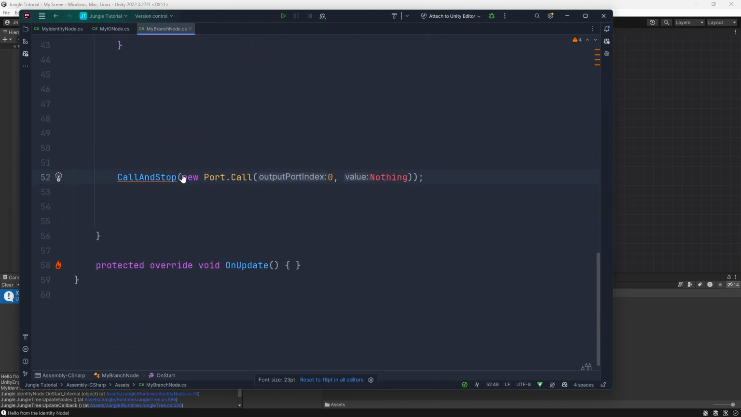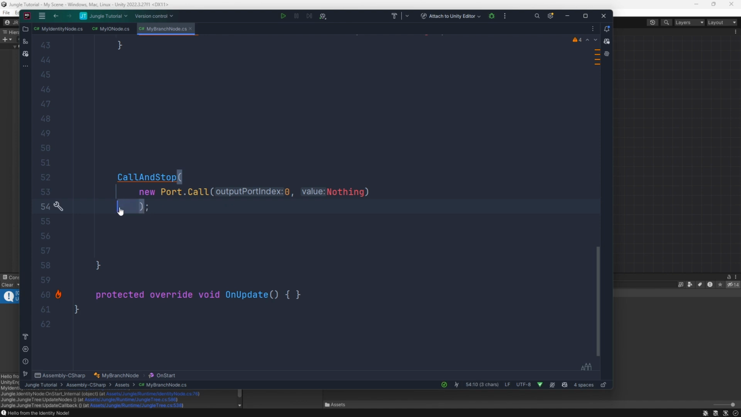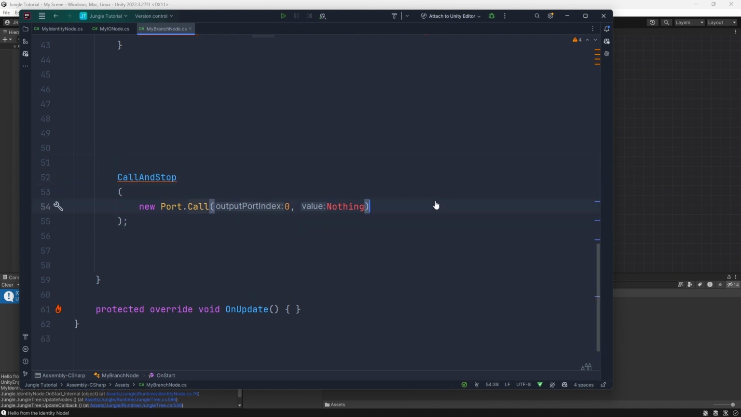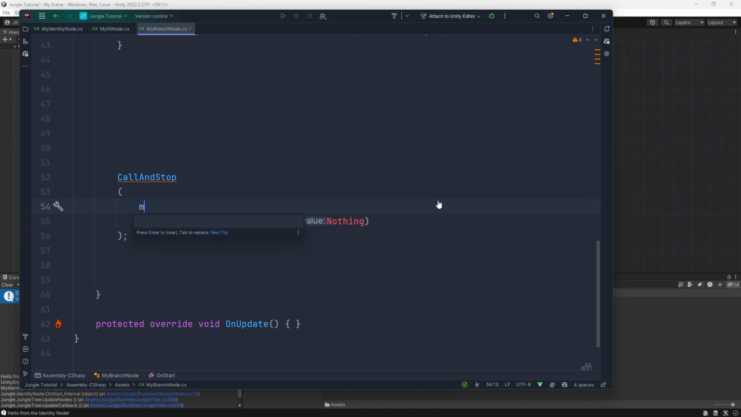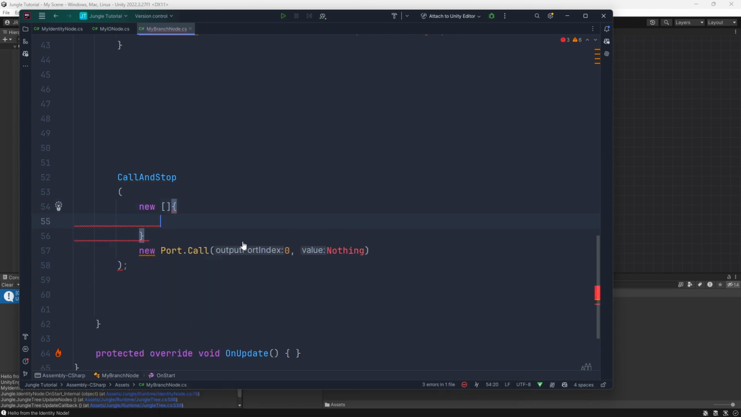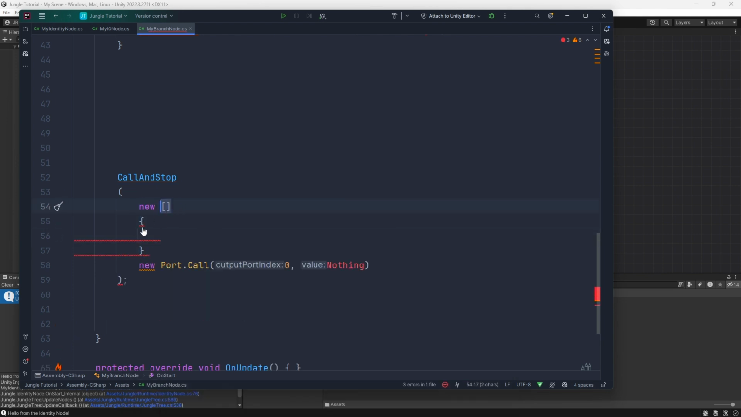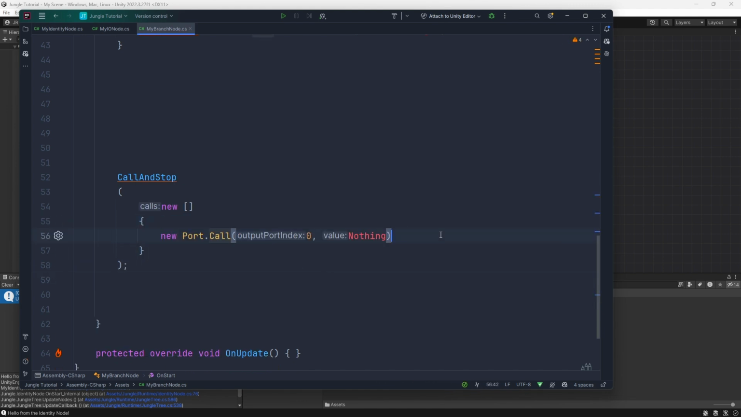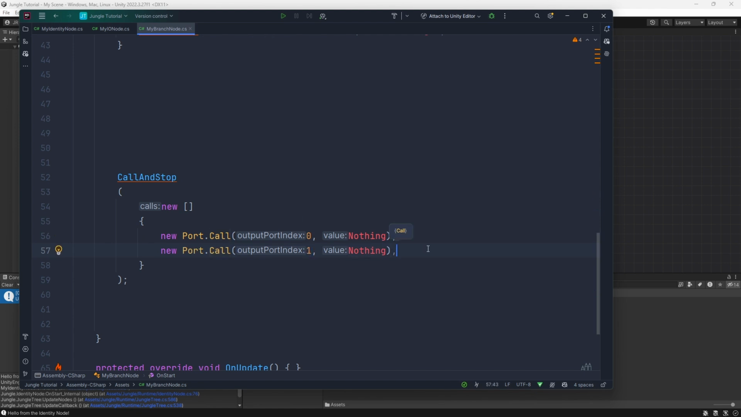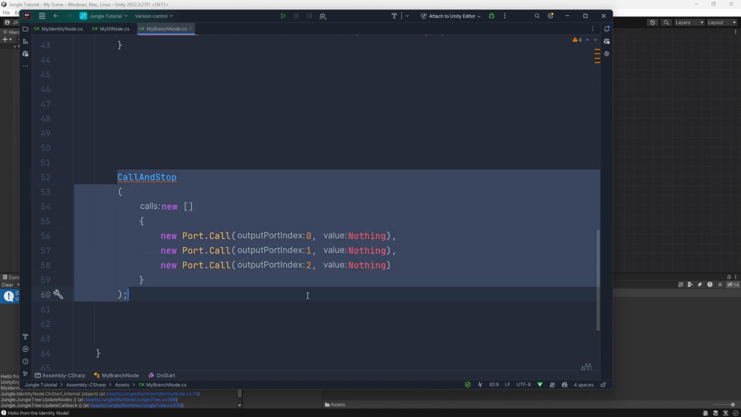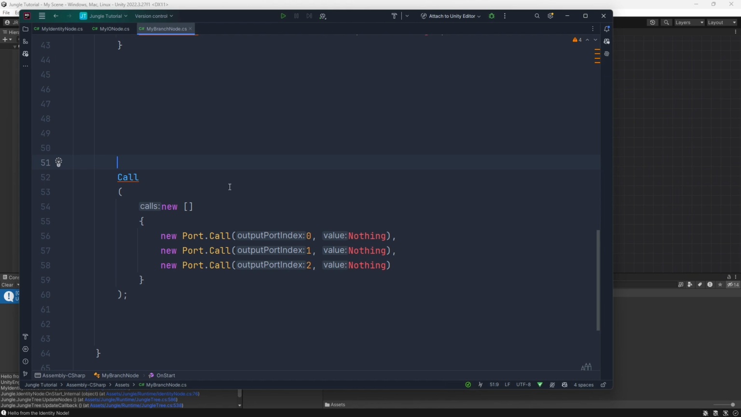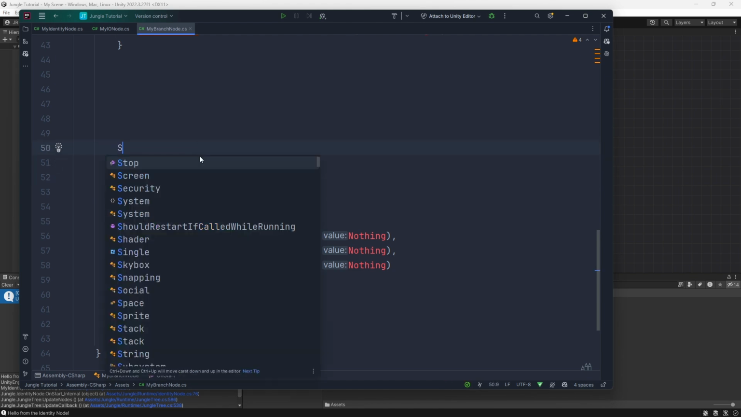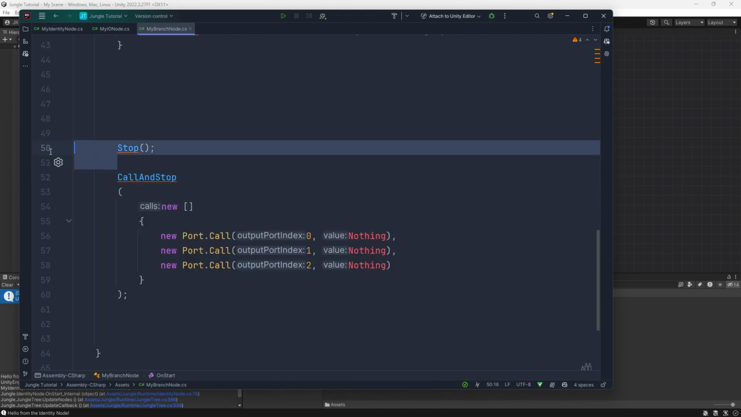So we'll go here, and what we'll do, I like to bring it down like this, so it's a little bit easier to read. And what I can do is I can do a new array. So you do new with the square brackets and then these curlies, and then you just throw all of your port calls in here. So you can do port 1, port 2, and then port 3, all in the same call. And again, this works exactly the same if you just do call and stop again in this node, and